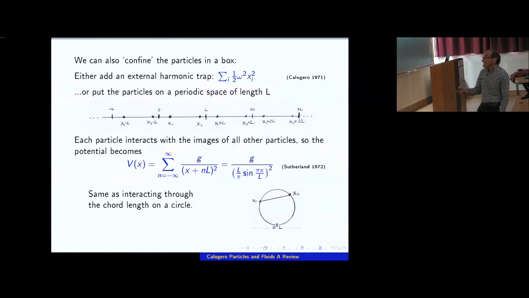That system exactly was proposed, examined, and solved by Sutherland, and we call it the Sutherland model. And it's interesting, it's kind of a coincidence, if you wish, about this potential, that this is the same result as you would get if you simply said that the particles interact through their chord length, if indeed they are moving on a geometric circle on the plane, which is something that Sasha mentioned, I believe, yesterday.